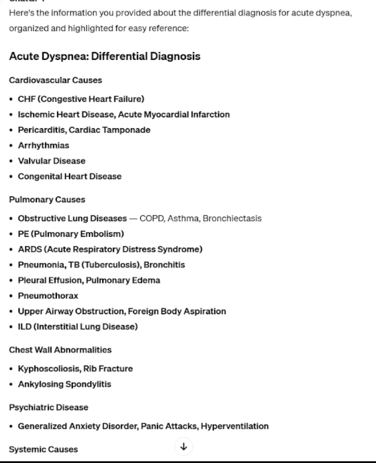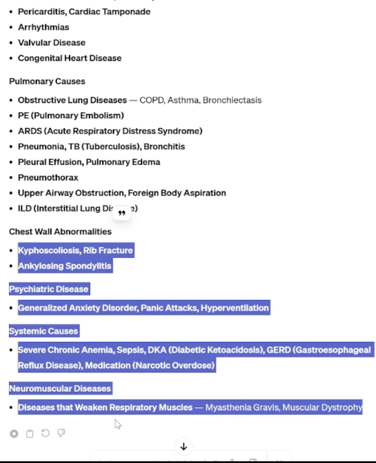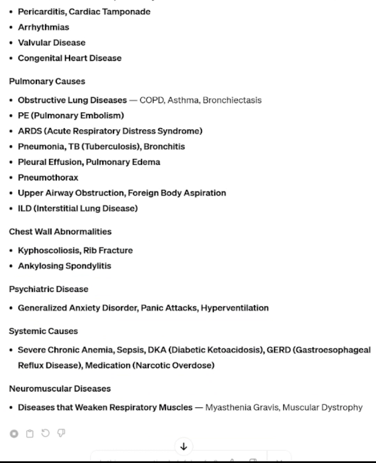pleural effusion, pulmonary edema, pneumothorax, upper airway obstruction, foreign body aspiration, ILD (interstitial lung disease), chest wall abnormalities: kyphoscoliosis, rib fracture, ankylosing spondylitis. Psychiatric disease: generalized anxiety disorder, panic attacks, hyperventilation. Systemic causes: severe chronic anemia, sepsis, DKA (diabetic ketoacidosis), GERD (gastroesophageal reflux disease). Medication: narcotic overdose. Neuromuscular diseases, diseases that weaken respiratory muscles: myasthenia gravis, muscular dystrophy,